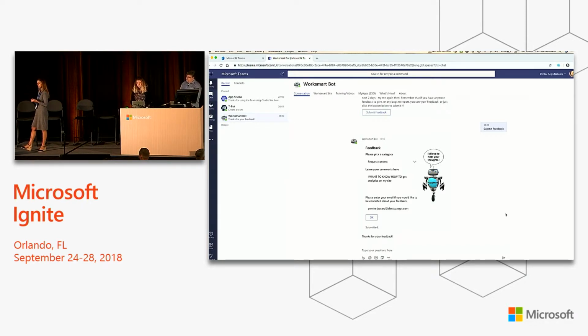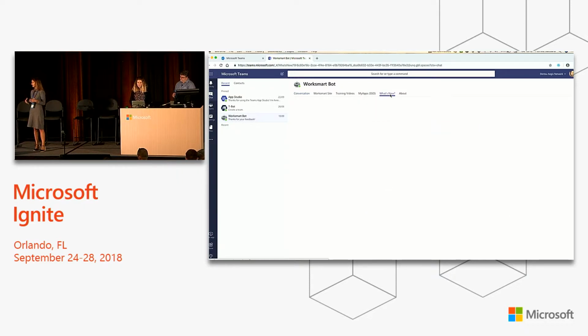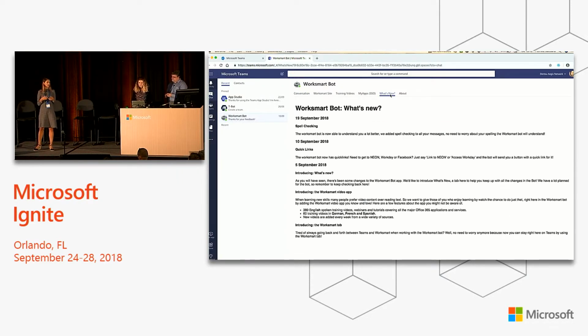But what if we've requested something and we don't think that you've answered it? Or what if we really want a capability and we're not sure that you've added it in? So what we've done is very similar to the T-bot. We've created a What's New tab. So in our team, we have a real GitHub mentality. We like to share what we're working on and be very open about it. And what you'll notice is the last one is Bing. So what we've done is we've used cognitive services to help spell check. This feedback was actually driven from a user just last week or the week before. And so we've been working away to help add that feature in. And it's really reduced tickets as well.